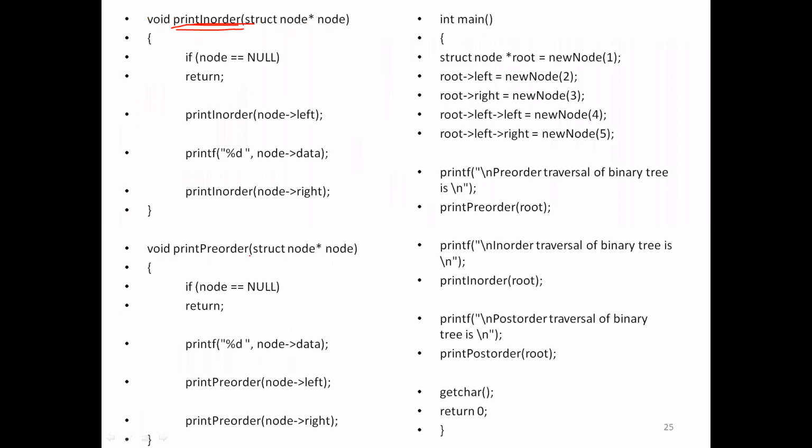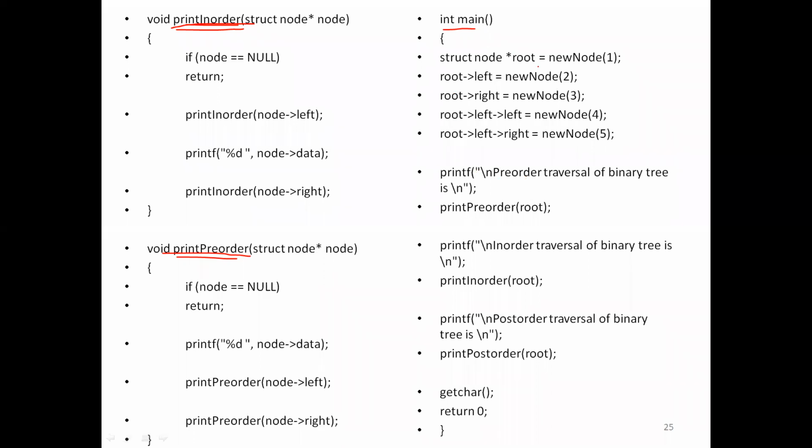Then for the pre-order function. If you want to traverse in pre-order, you have a pre-order function, then the main function. So in total we have about 4 or 5 functions in our program. Initially you know that when you are compiling a program, it starts from the main function, right?